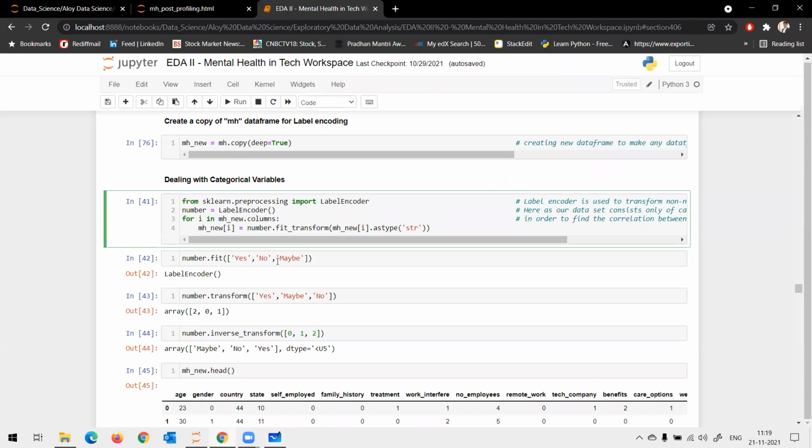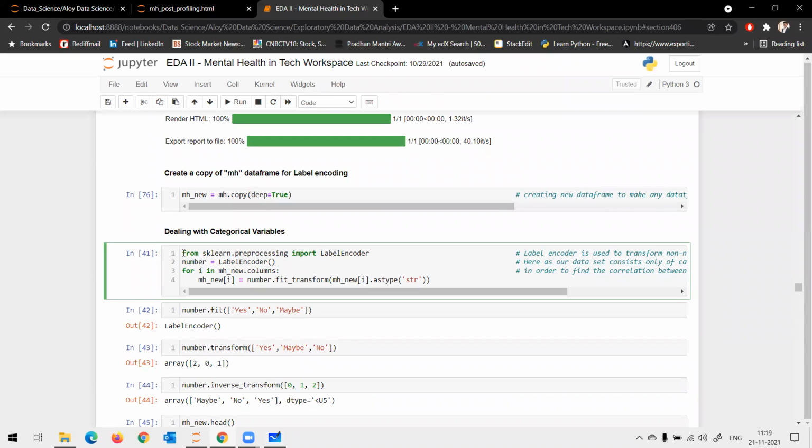Okay. Now, coming to the data set, in order to use label encoding, I have to import it. Scikit-learn is a very popular library when it comes to machine learning and data scaling, and it has a lot of powerful functions.